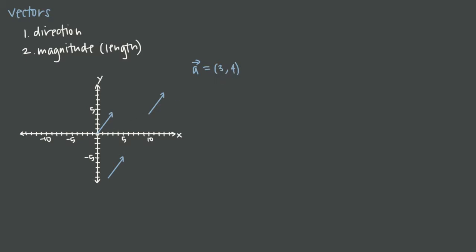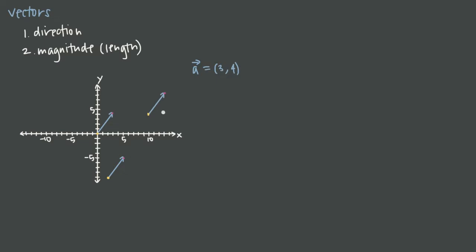In other words, the initial point, which is the point where the vector starts, so this would be the initial point here, the initial point, and the initial point right there. The initial point doesn't matter, and neither does the terminal point. So the terminal point is the point where the vector stops. So right here, and right here, those are terminal points. The initial point and the terminal point is irrelevant. All that matters is the direction, and you can see that all of these vectors point in the same direction, and the magnitude or length. You can see that they all have the same length,